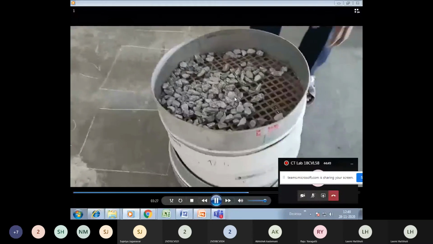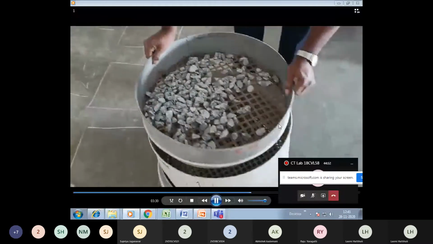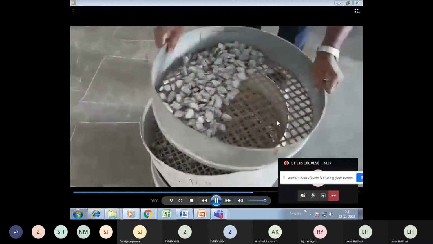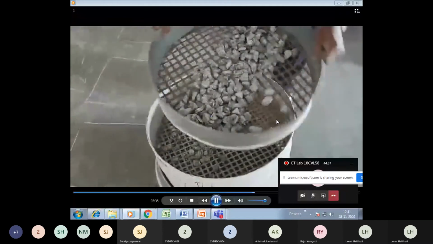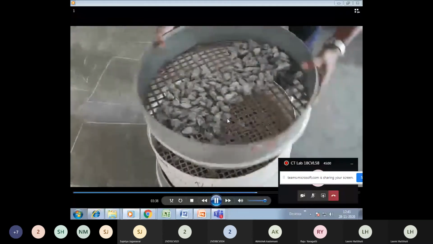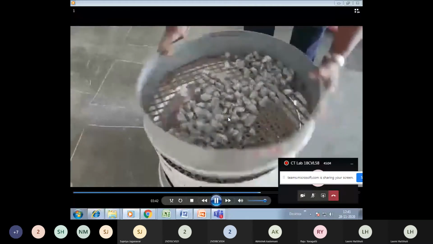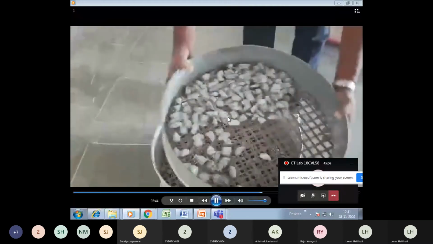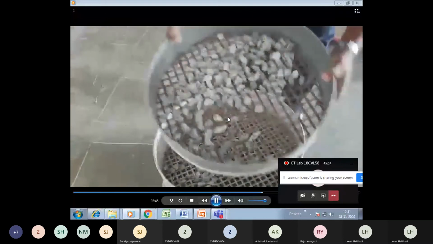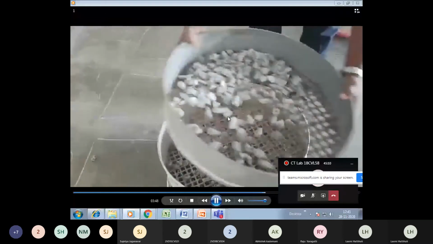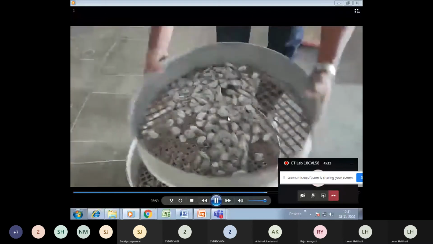Now similarly, do it for the next, 16 mm. Do it for the next 16 mm retained sieve. Now these aggregates are once again retained on the sieve.